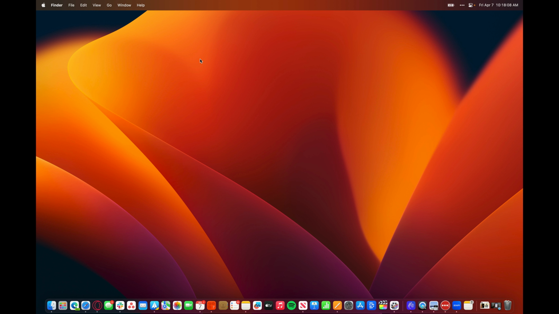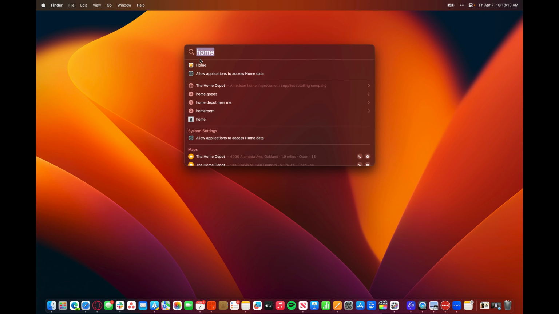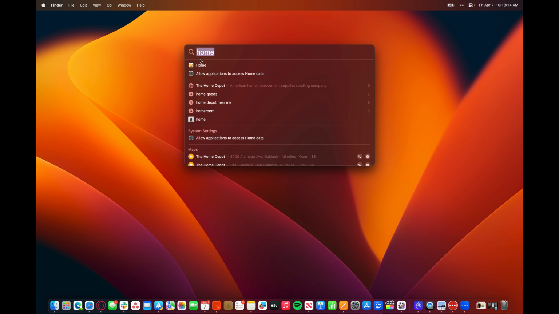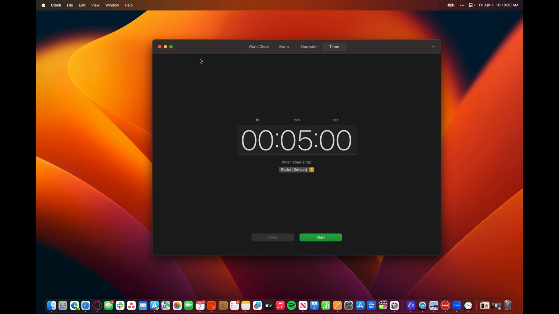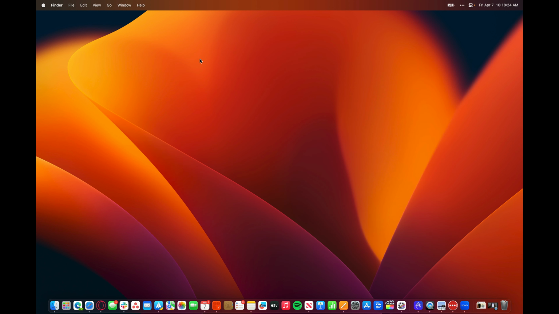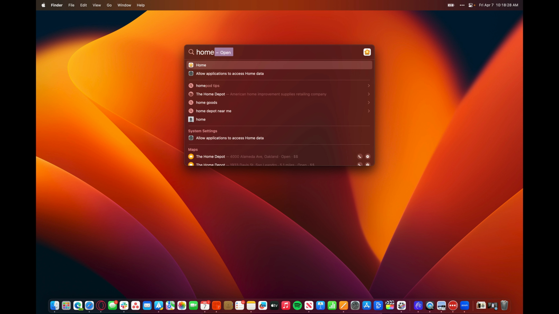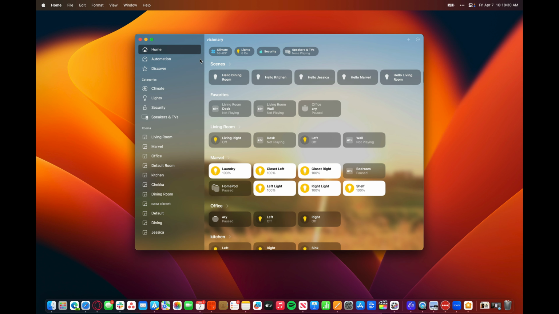I'm going to exit it out, and you can hold down Command Spacebar and search for Home or any application on your Mac, and it will instantly find it and open it. If I want to open up Clock, I can search for Clock, and Clock will open. And then another cool feature, to quit instantly, you can press Command Q, and that will close the application. I'm going to press Command Spacebar again and type in Home and show you this brand new Home application